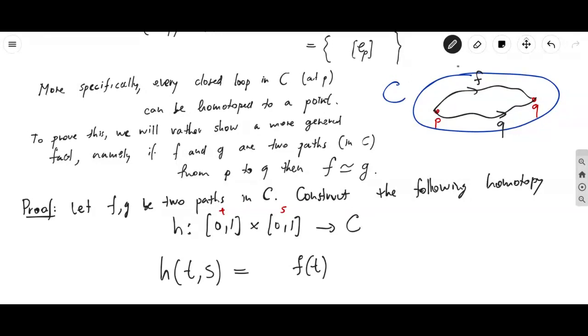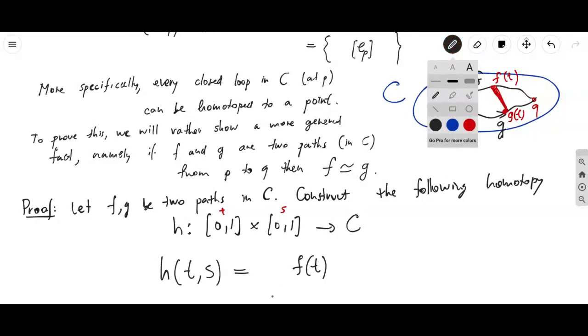The idea is, so now if you pick something over here, let's use a different color, f of t, and you pick something over here, g of t, then because it's convex, the line that connects them is part of your space. You see, it's important that you always end up in your space. It's a homotopy in your space C. And the way you get the line in between them